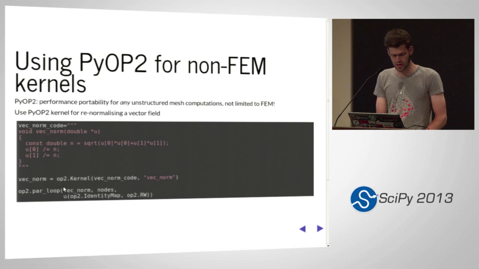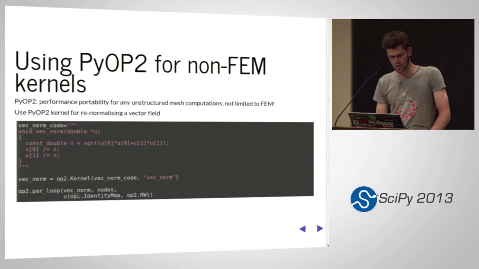And you pass in 3 arguments. The first one is the kernel that you want to compute. The second is the set that you want to compute on. So in this case, we want to compute on the set of nodes. So the kernel will be called for every node of your mesh. And then you pass in